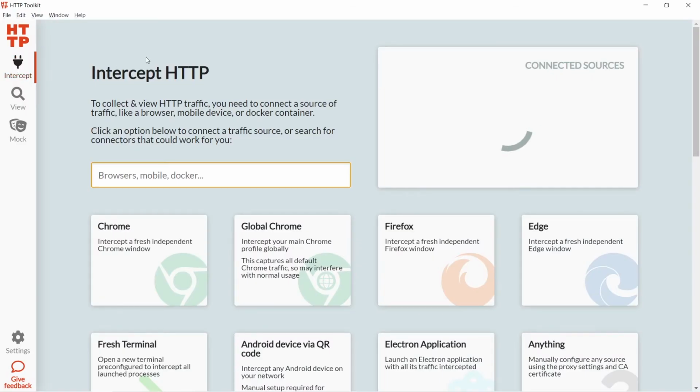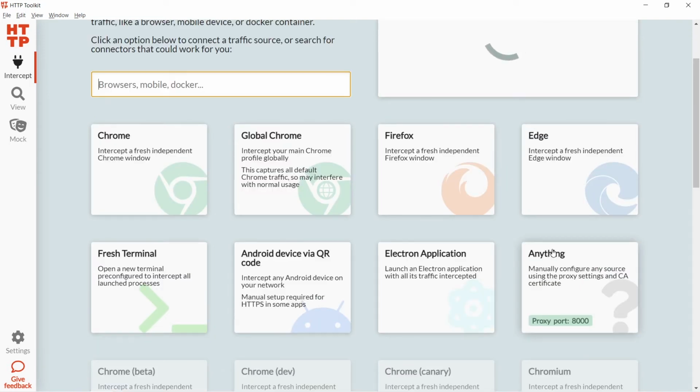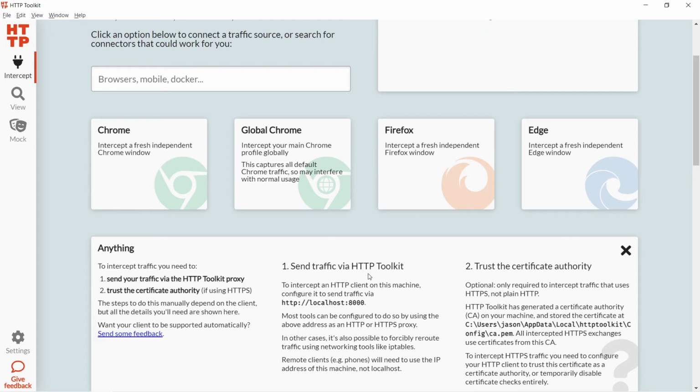So I went searching online for a quick mocking service, and I downloaded one to my local machine called HTTP Toolkit. What I was looking for is not specifically a browser. I was looking for outbound traffic on my whole machine. And they had this option called anything. So as long as I had this running, I now have a proxy at this web address. So I took these settings, localhost at port 8000,